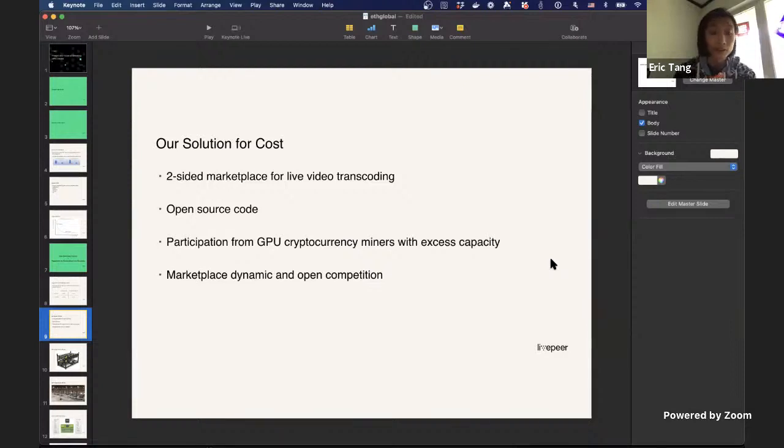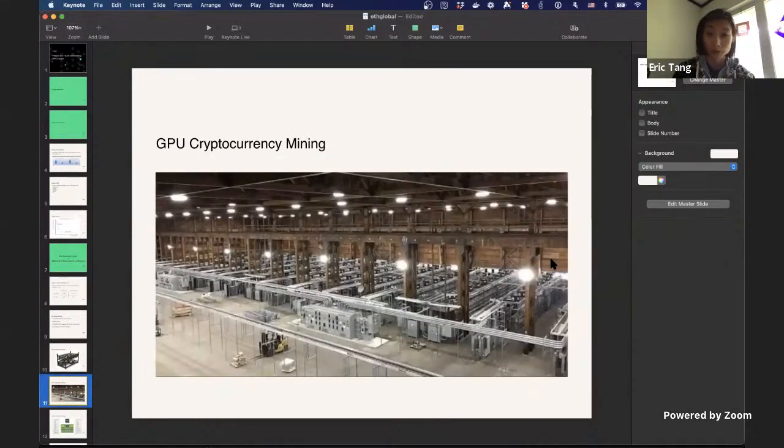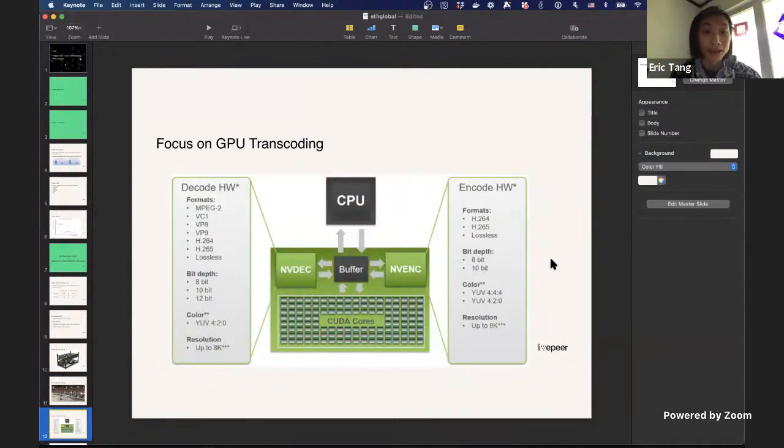There's a lot of participation from GPU cryptocurrency miners who have excess capacity that can come and compete in the network, which drives down the price. So here's an example cryptocurrency mining rig, right? Lots of GPUs mining cryptocurrency. And here's an example of a cryptocurrency farm where they're professional farmers with a good internet connection with lots of capacity. In fact, they can mine cryptocurrency and do video processing at the same time